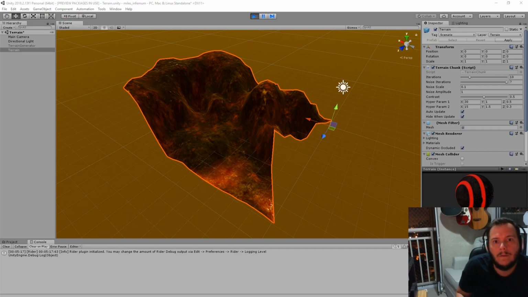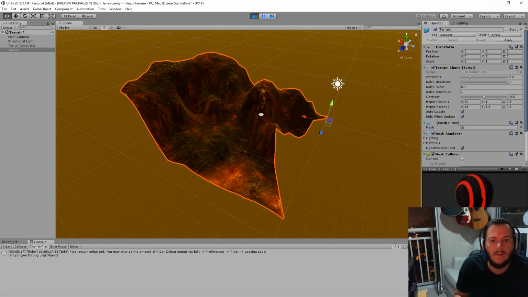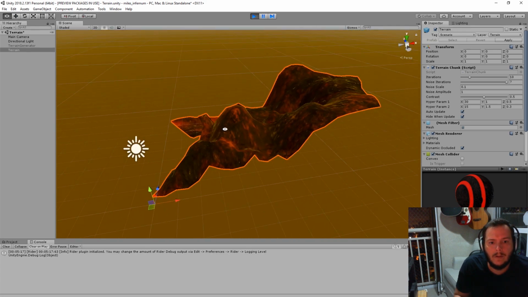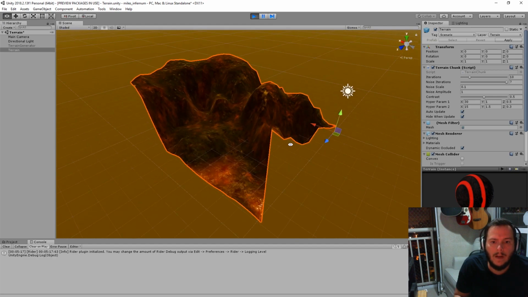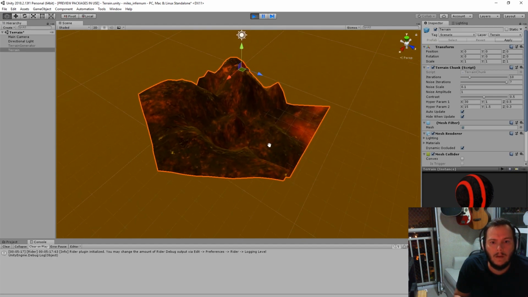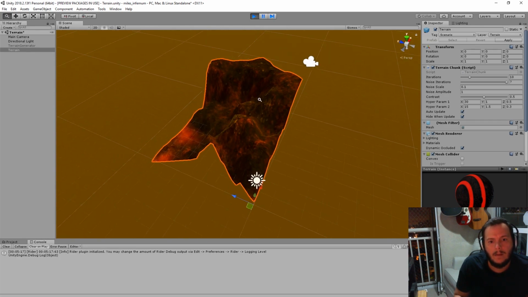I'm the creator of Miles Infernum, and I'm here to show you some of the procedural stuff that I did for the game. This right here is what I call a terrain chunk, which is just a piece of the terrain that you stand on when you play the game, and